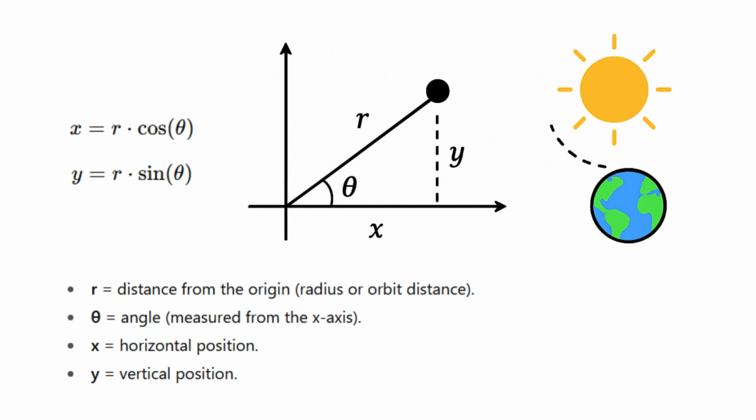Here we are using this sine cos to calculate the x and y position of sun, and on the basis of that our earth will revolve around the sun with a fixed distance from its origin and angle. So here we go. First I will show you the demo.